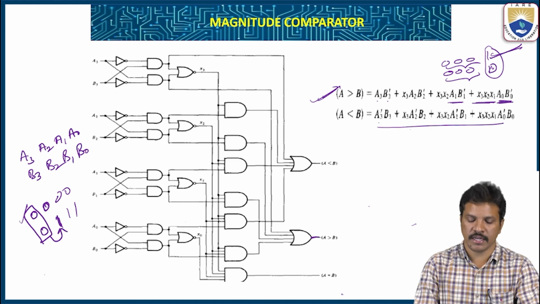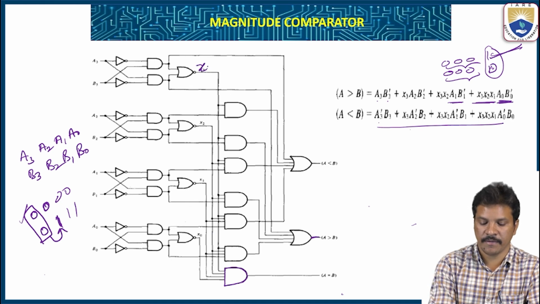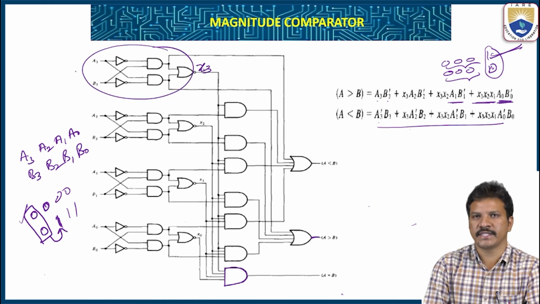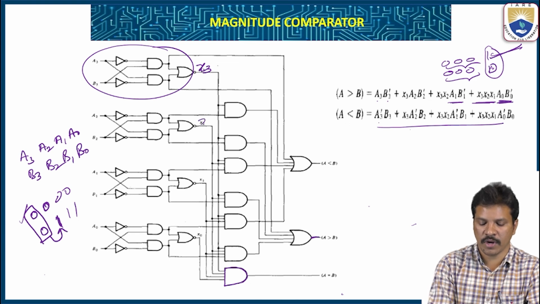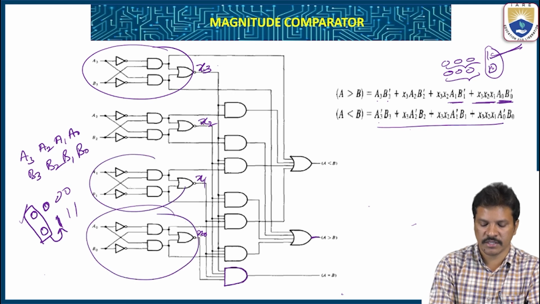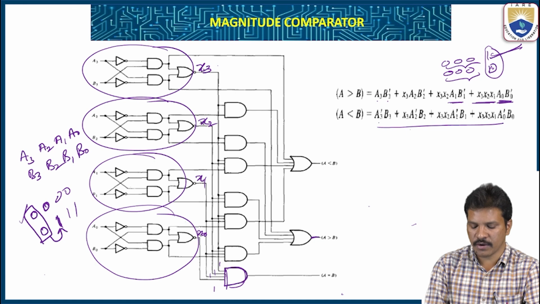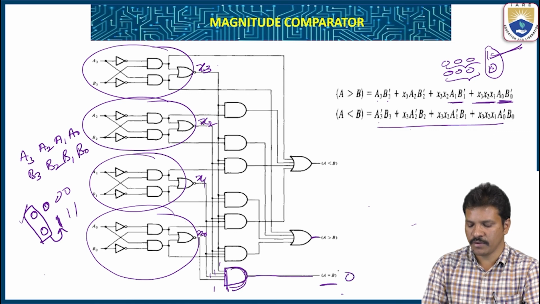Now the corresponding logic diagram for A equal B. A equal B is nothing but the XNOR operation, like x3. This entire thing is XNOR. If both inputs are the same, you will get x3 1, x2 1, x1 1, x0 1, so this is repeated for the XNOR gates. All of them are combined with logic 1. If all are logic high because of the XNOR gates with the same inputs, all the logic 1s are connected to an AND gate and you will get A equal B high. Otherwise, if it fails in any case, you will get 0.